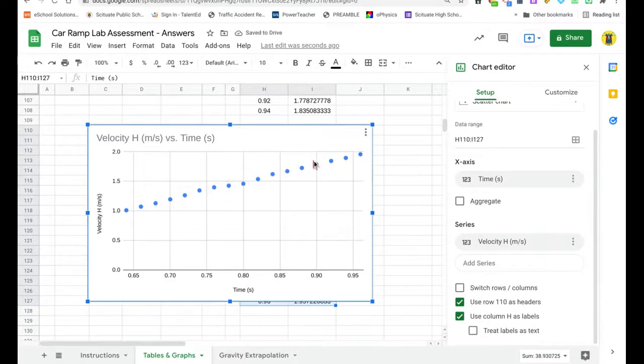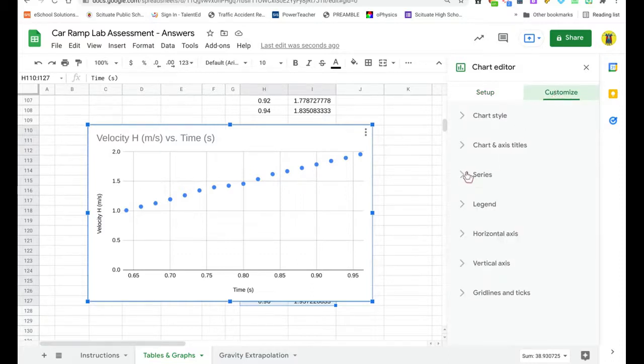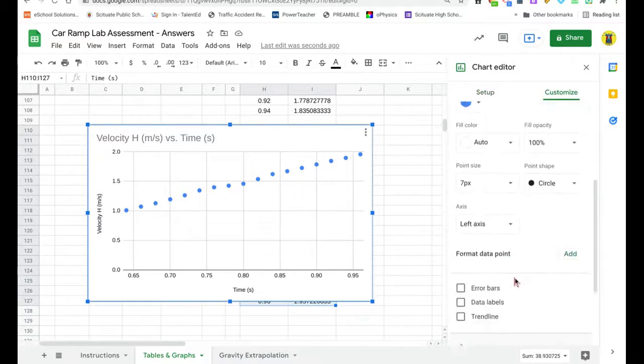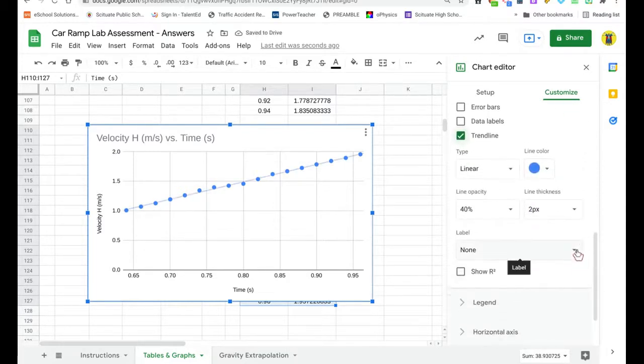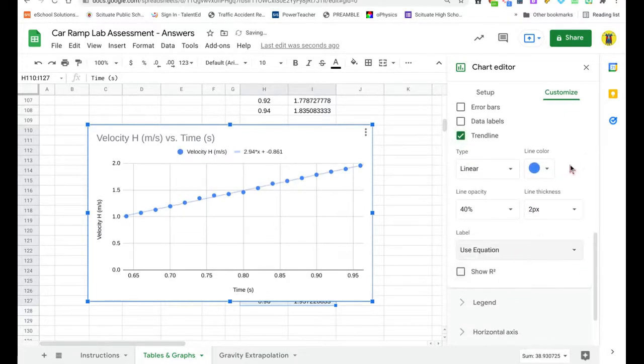Okay, so now I'm going to highlight all this stuff, go up here to insert the chart, and this is a nice linear relationship. So customize, I'm going to add the trend line to this, use equation, and that 2.94 right there, that is my acceleration for this height, which is the slope of this